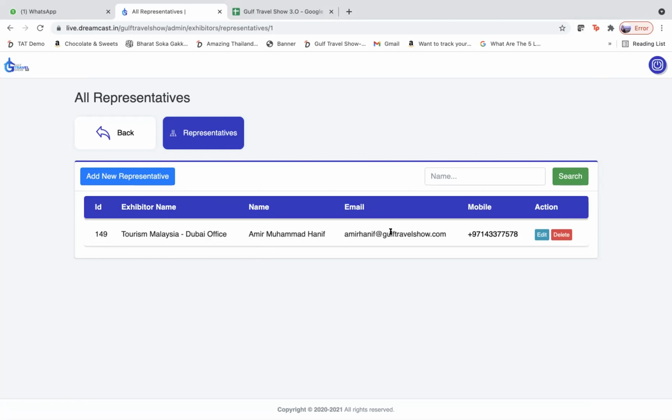Because it has the domain name of gulftravelshow.com. It's not important whether you put Gulf Travel Show, you can put gts.com, etc. What is important is that it should not be the actual email address of that person, Mr. Hanif, whatever company he's from, because this is case sensitive.